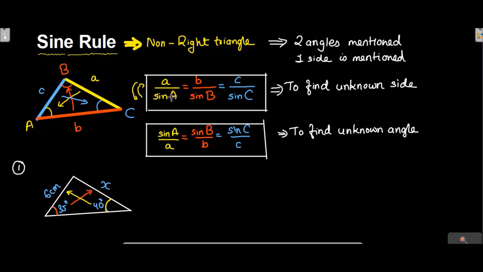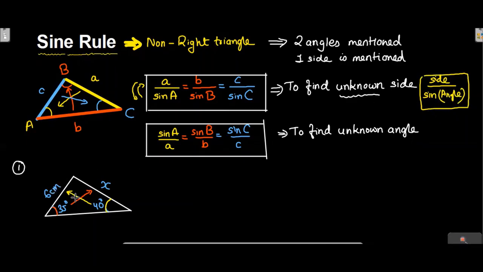The formula is telling you ABC. We don't have to worry about all three letters ABC. We have to take only two to compare. All three are not required. Just take two, either AB or AC, and compare. Now, how to use this? As I told you, whenever you're finding an unknown side, the side should be in the numerator, and the sine of that particular opposite angle. This is very important. It can be any side.